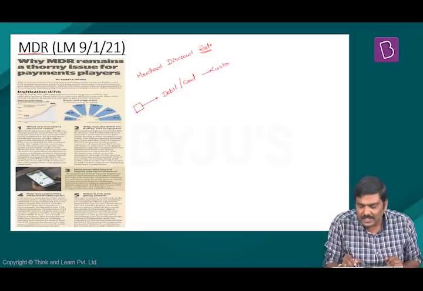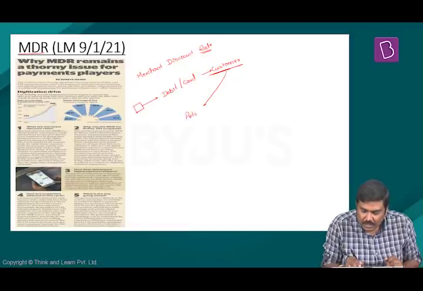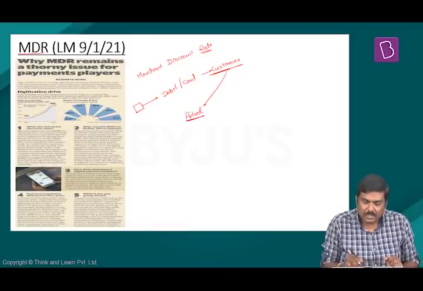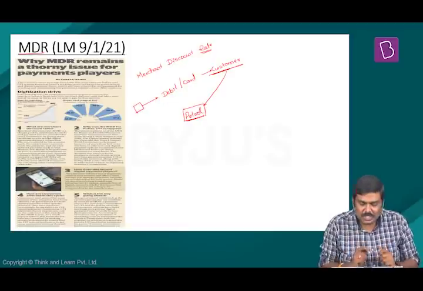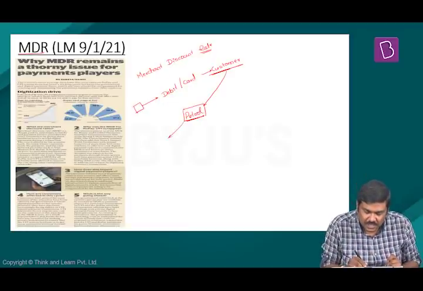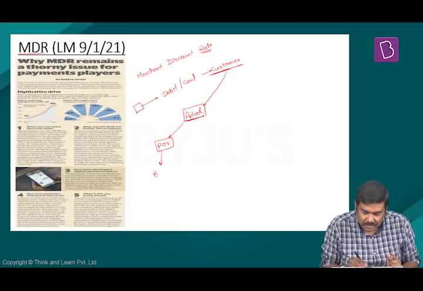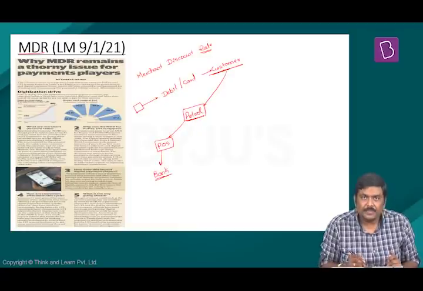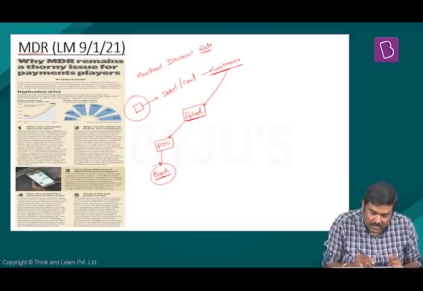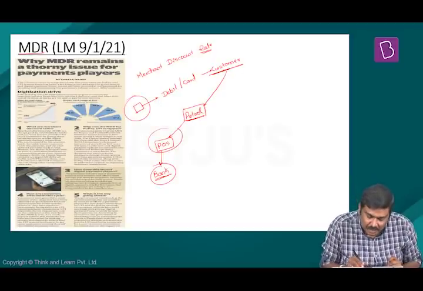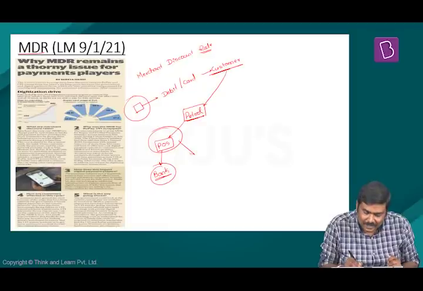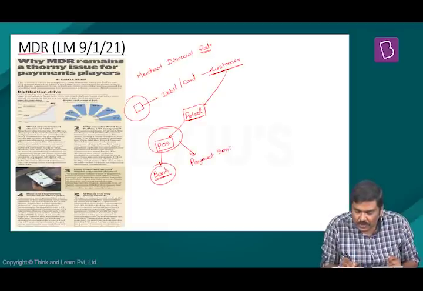Now this particular customer uses this particular card, let's say at a petrol bunk, and at a petrol bunk, the person who is going to swipe this particular card is using a machine or a point of sales machine issued by some other bank. So have a look at this. Banks are involved in this kind of a transaction. There is a point of sales machine and there is a payment service provider who is also involved in this